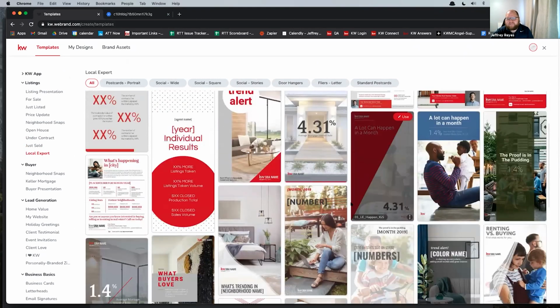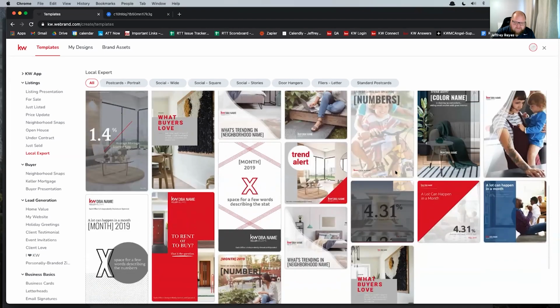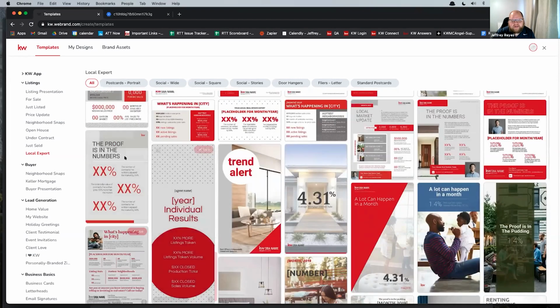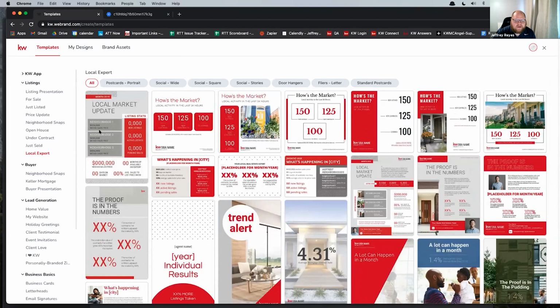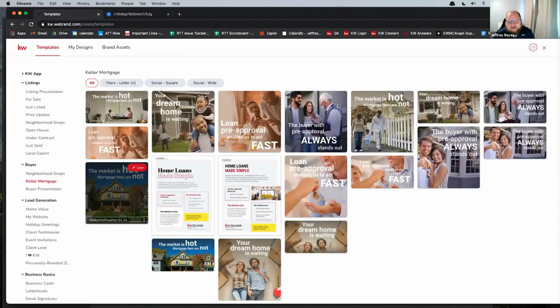So we can come in here and see here's some information on stats of the market. There's lots of pre-done stuff in here for you. On the buyer side, one of the things in here is the home loan information. We're talking about Keller Mortgage here. You can rebrand some of this stuff, but like here's